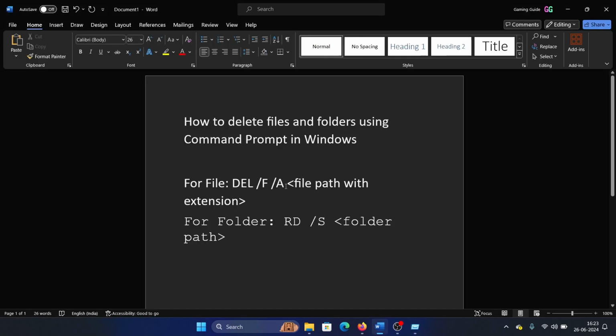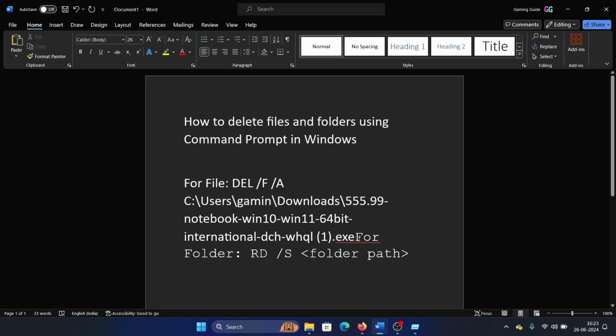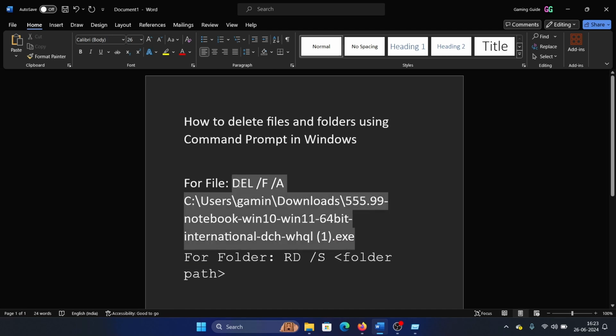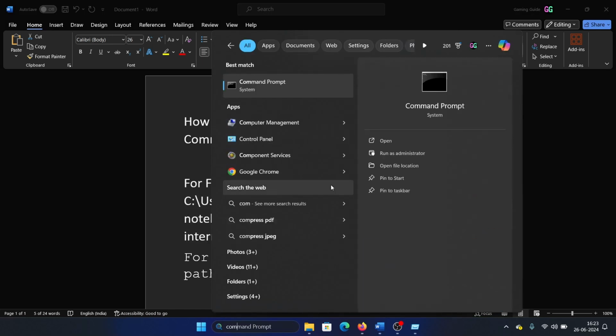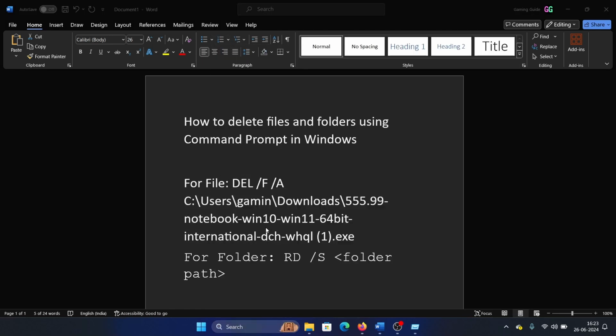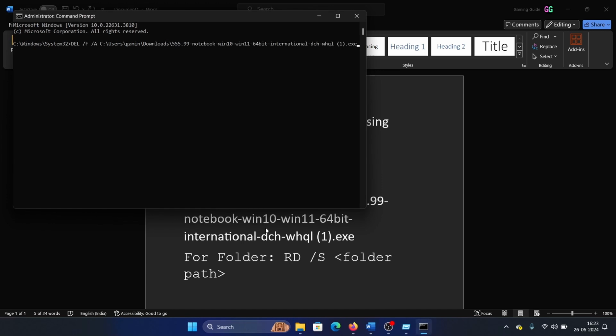Okay, and I will replace it here, and now I will copy this command line, search for command prompt, click on run as administrator, paste it here, hit enter, and it will delete it. Okay,